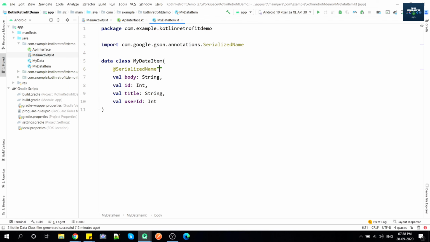In this serialized name, you can add the parenthesis and write body. So it will check if we are having any keys in the response named body, and you can write this as like my body if you want. You can name it any variable and it will not check from here, it will check from the serialized name. So this is the advantage of this annotation. But as of now, we are not using this annotation, we are just using body here.